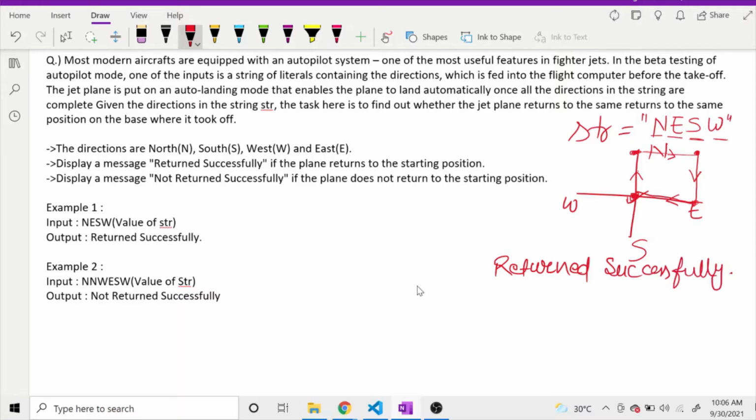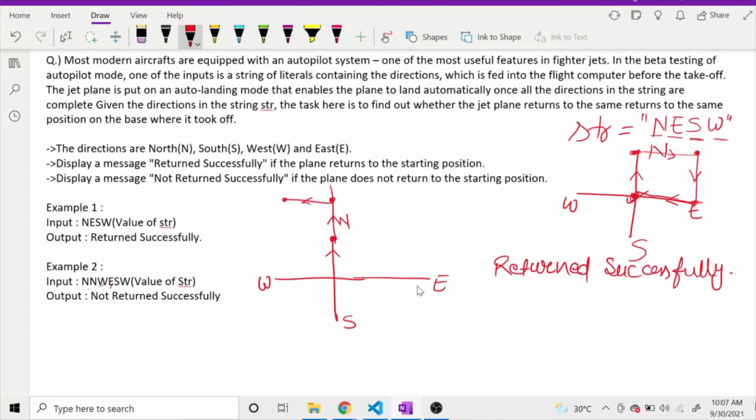Okay, let's see the second case now. Again I'll mark the directions: this is north, south, west and east. We are taking this one. First of all is north, so we'll move one point in north. Let's consider this as one unit distance. Then we have to move again one unit distance, so this is again one unit. Then west, one unit towards the west. So we have first of all traveled here, then there, here, and then in this direction. The west is also done.